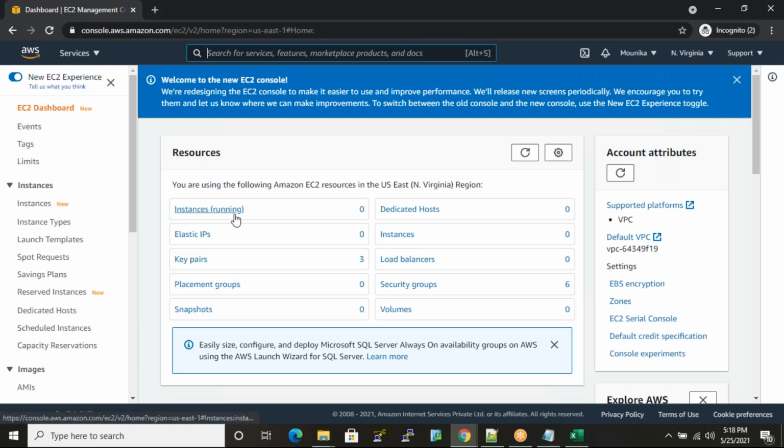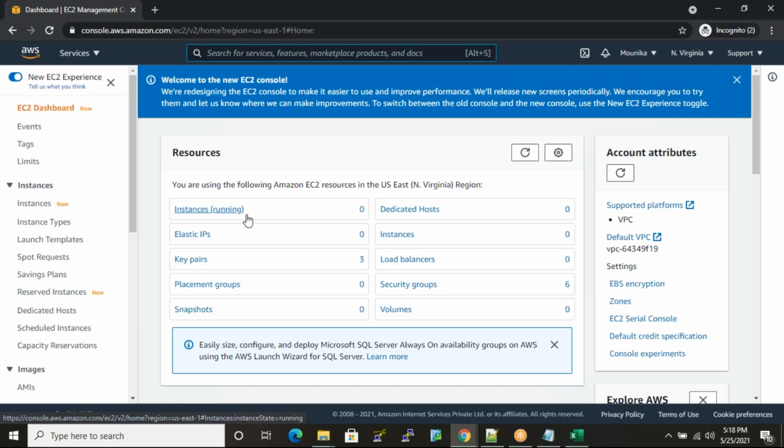In this EC2 console, we have around 10 resources. But the count is, instance count is 0, elastic IP count is 0, key pairs is 3, placement groups is 0, snapshot and everything is 0, except key pairs and security groups. Okay, so don't worry, we'll discuss each and every step on further sessions.